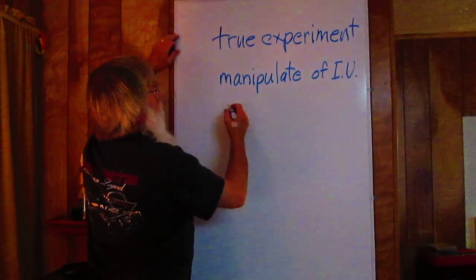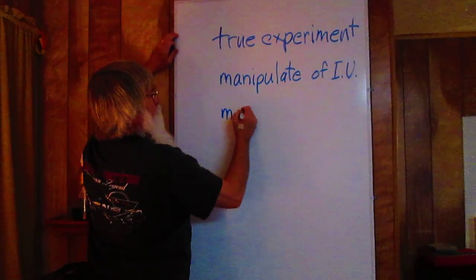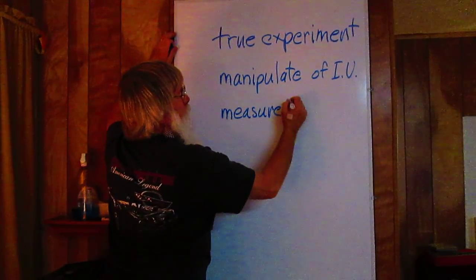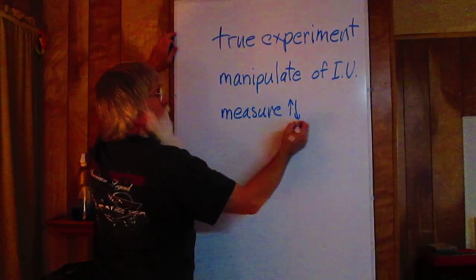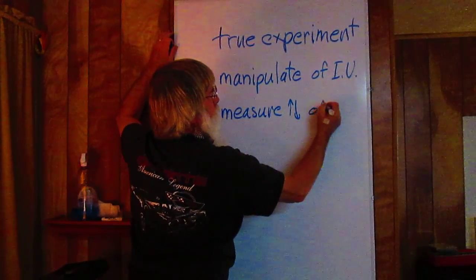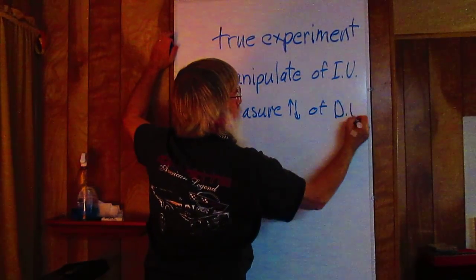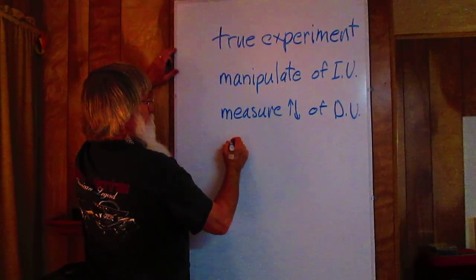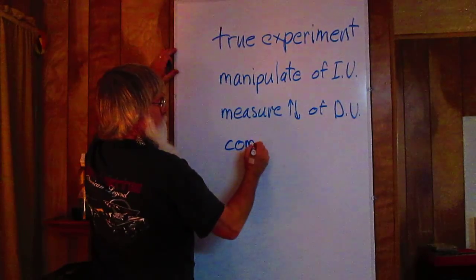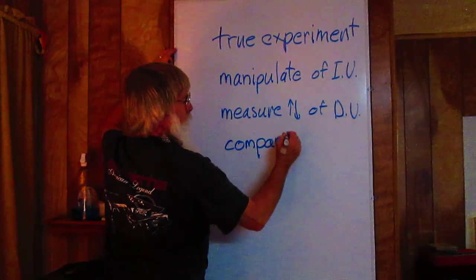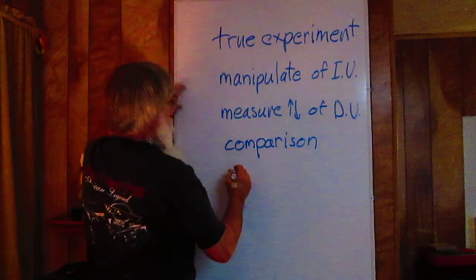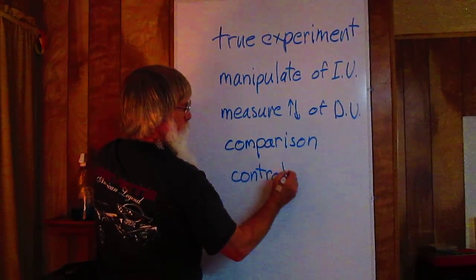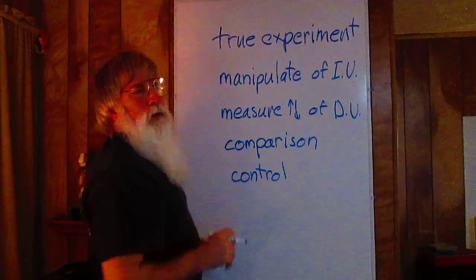And then we're going to measure changes, either increases or decreases or whatever, in the dependent variable. We're going to compare the changes that we get, comparison, and we are also going to control for other variables so that they don't interfere